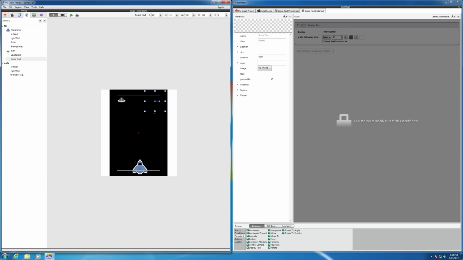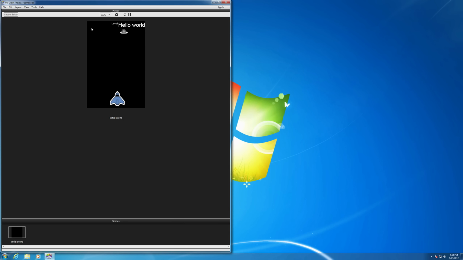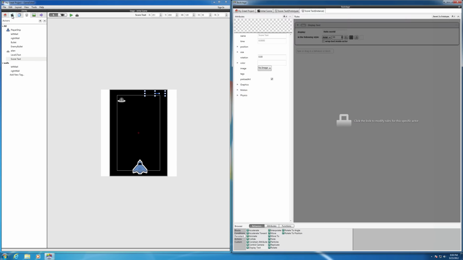Now, if we were then to drag that text in, so if I drag that in here, let me just resize this in the corner. I just want you to see what that looks like. Then if I hit the play button, you see there's our hello world there. Okay, if I go back to the editor now